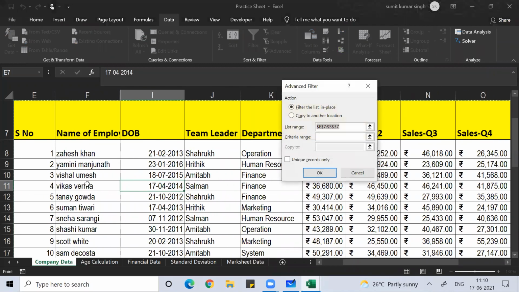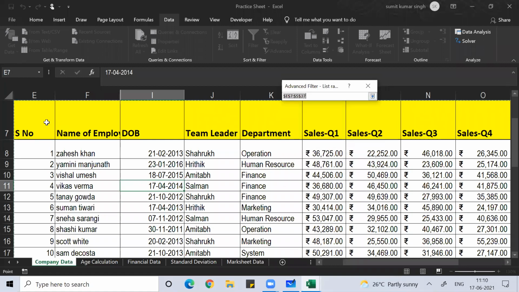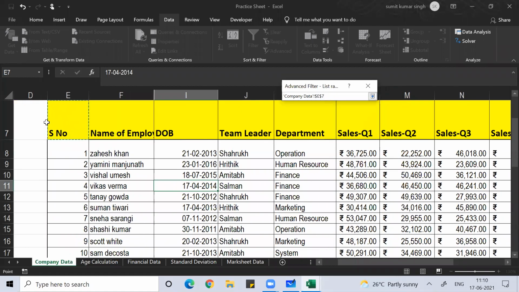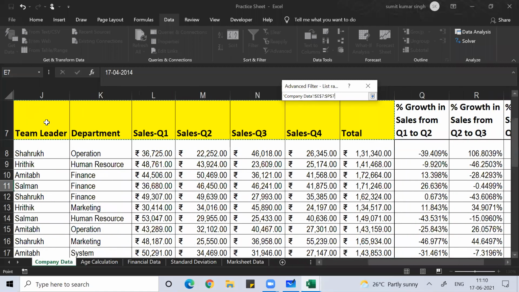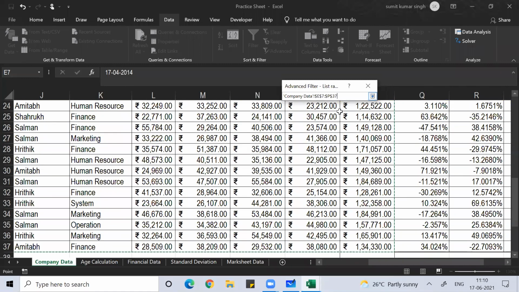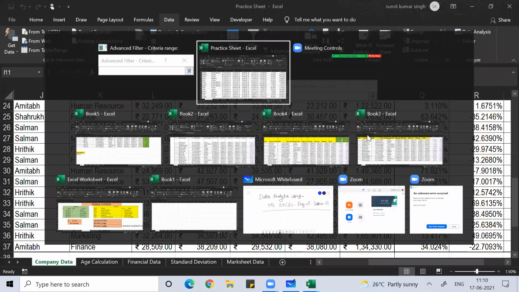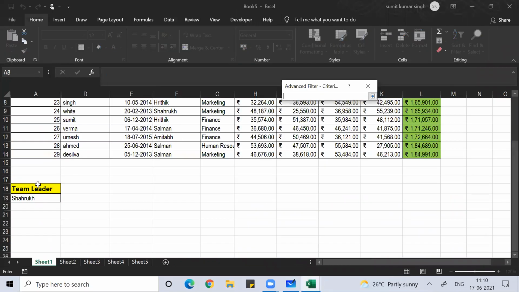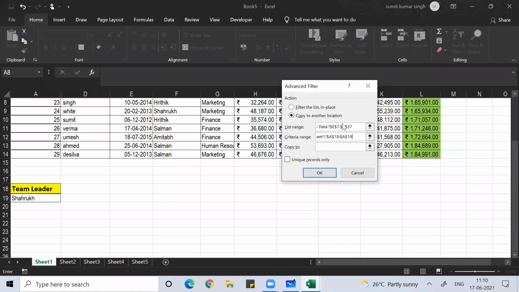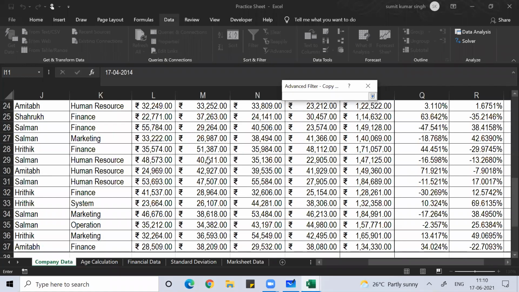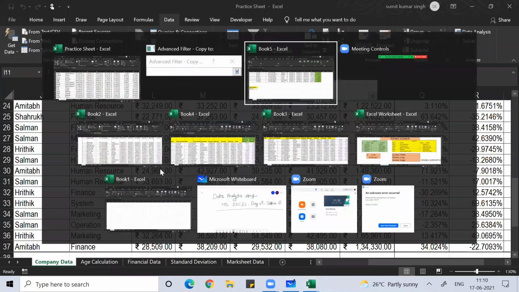Alt A Q, then copy to another location, list range, select the data with Control Shift down arrow, then criteria range, then copy to.